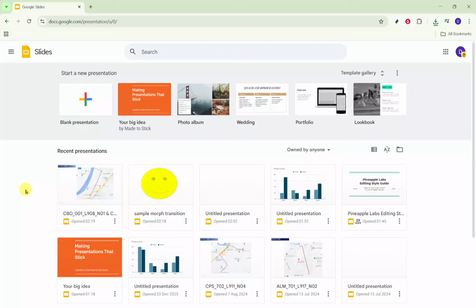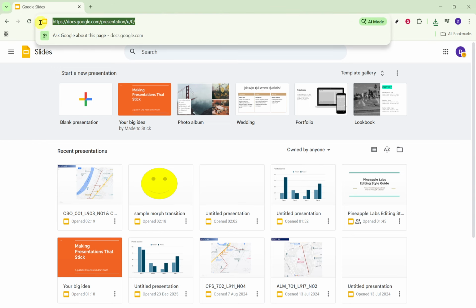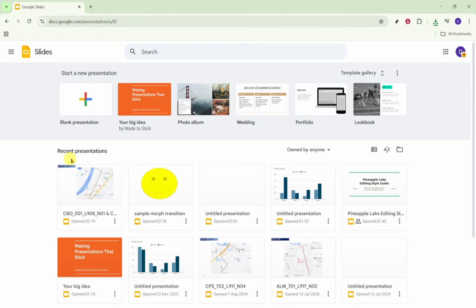In today's video, I'm going to teach you how to add voiceover to Google Slides. First, open your browser and head to Google Slides. If you're not already signed in, you might be prompted to log into your Google account. Being on the Slides homepage makes everything quicker because it pulls together your files, templates, and anything you've worked on